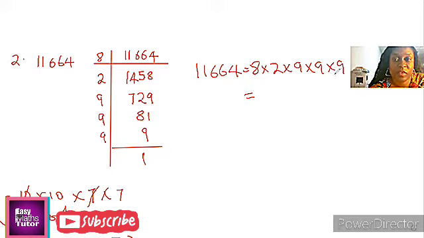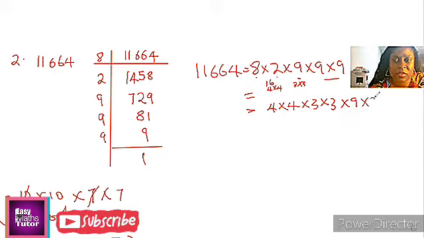Right? We already have a pair of 9 and 9. We already have this pair, which is 3 times 3. Then we have 8 times 2, which is 16, right? Which will give us 4 times 4. So writing this further, we'll have 4 times 4 times 3 times 3 times 9 times 9, giving us 11,664. So remember, the square root of a number is finding a number that will multiply itself to give us